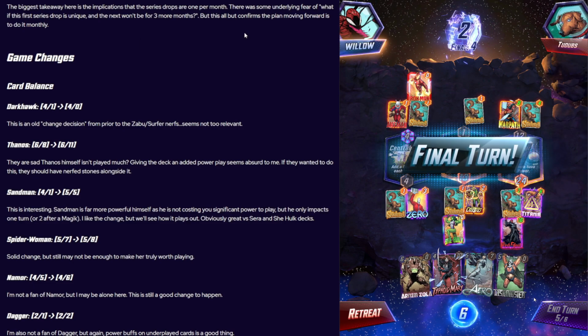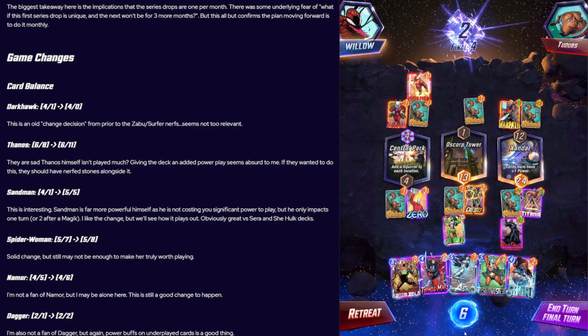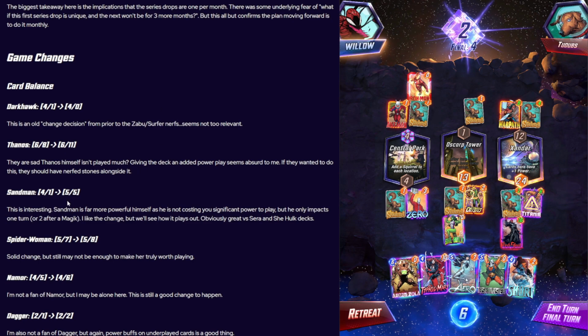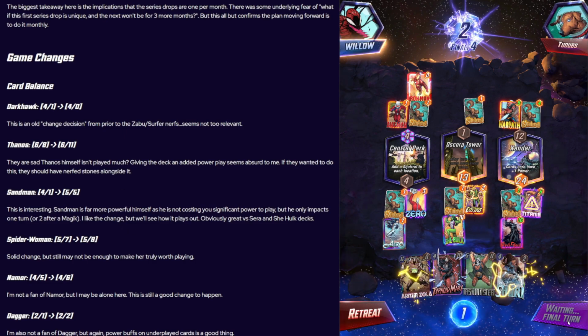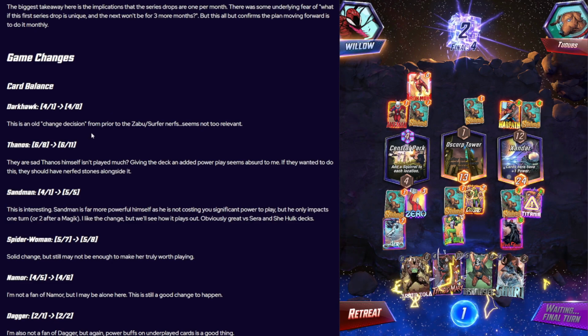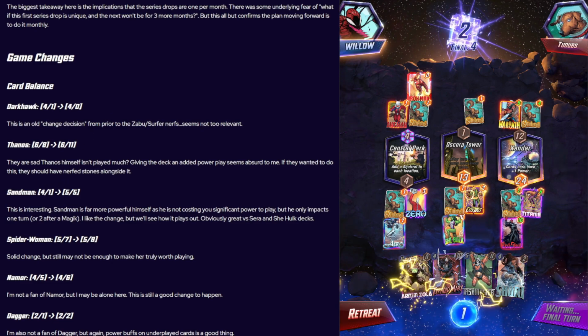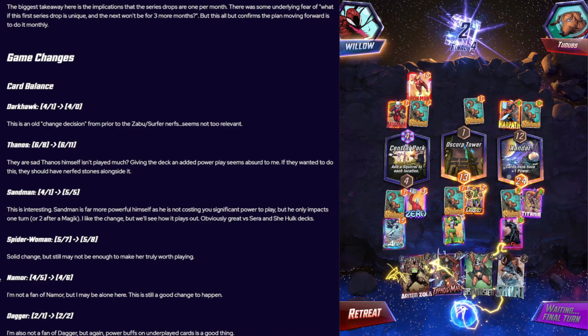That's going to be Thanos. Thanos got moved from a 6-8 to a 6-11, which is a pretty big change, actually. +3 power is pretty huge. One thing to mention is that now that he's gone past that 9 power threshold, he is vulnerable to Shang-Chi both before and after you've played all of the stones. So on one hand, he's become a little bit more vulnerable, but on another hand, he generates 3 more power,